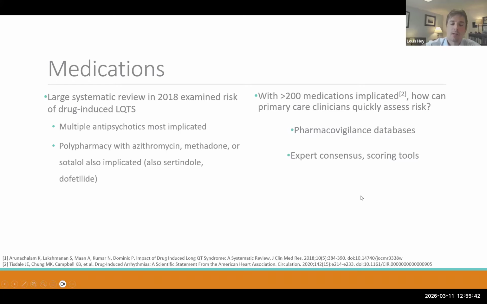And then the other way is through expert consensus or recommendations, because this is an area of active research. It's very nuanced. It's controversial. There's a lot of differing opinions about exactly what causes torsades and the relationship between the prolonged QT and torsades and the risk of different medications. And it's all based off of observational data, right? A medication goes on the market, and then databases like Credible Meds get reports of torsades or prolonged QT, and that's how this data is compiled.